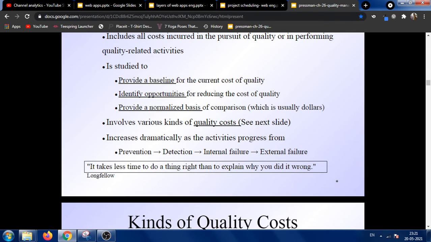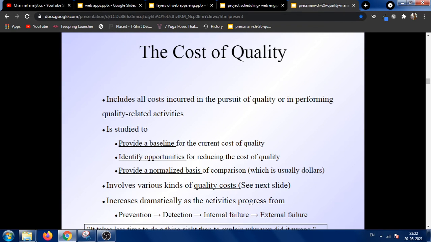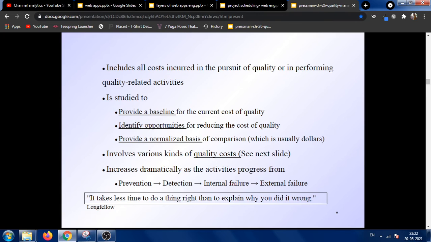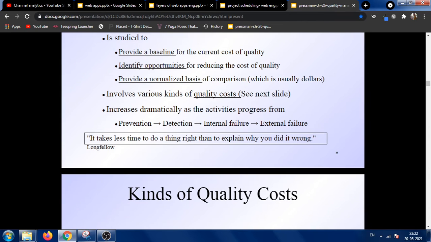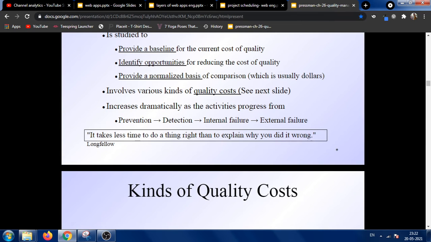Again, the cost of quality always talks about the baseline we have to give for the current cost of quality. And if the cost seems to be higher, how to look for opportunities for reducing the cost. The quality should still be achieved, but how do we reduce the cost of quality? And it always has a normalized basis. That means you always compare with some standard cost. And here it involves various quality costs, such as